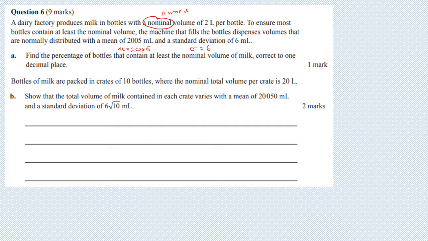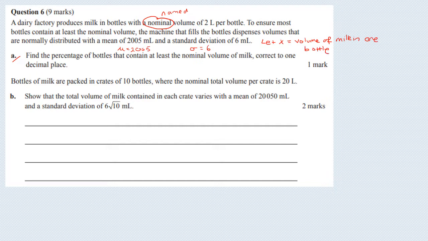We're going to ignore question A for a minute because that's not what we want to focus on. Bottles of milk are packaged in crates of 10 bottles, where the nominal total volume per crate is 20 litres. We want to work out the mean and standard deviation for this particular crate. Now, some of you might think if we let X equal the volume of milk in one bottle,